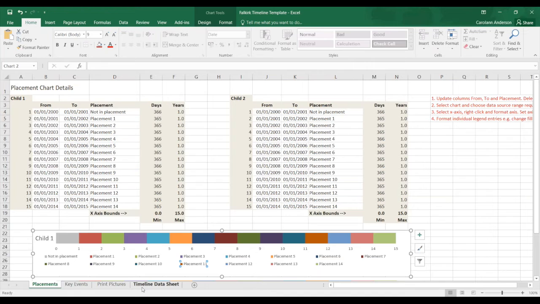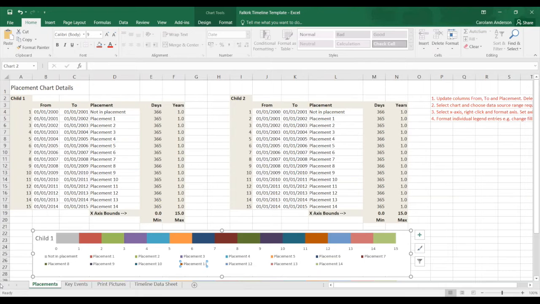However, please note, when you receive a copy of the template, there will only be 3 tabs at the bottom. These being Placements, the 2nd tab is Key Events, and the 3rd is Print Pictures, which will be the completed timeline chart. The first thing we need to do is create the placement chart.